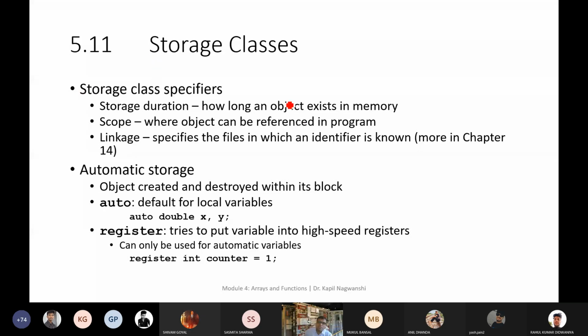So there are 4 different storage classes, you know. What are those classes? Two classes are there on this screen itself. Yes or no?